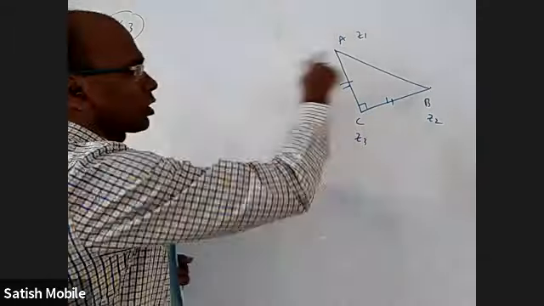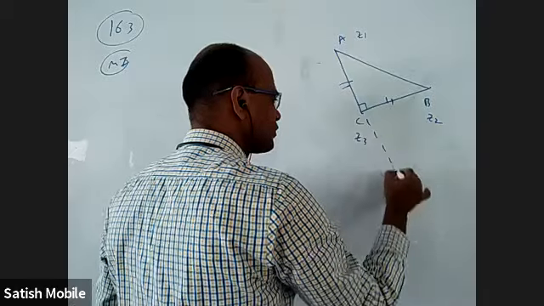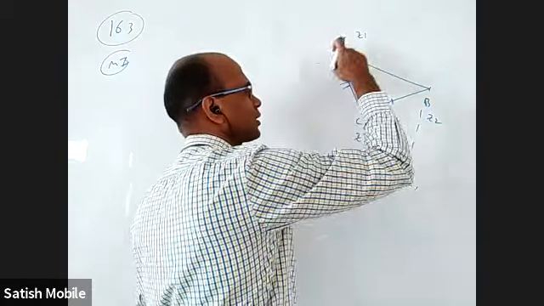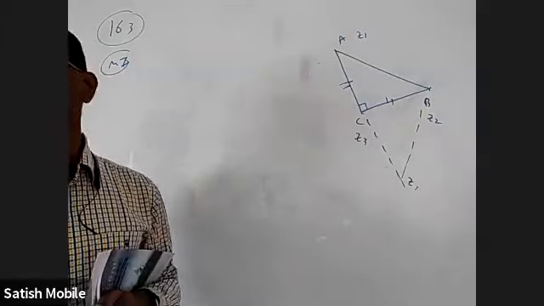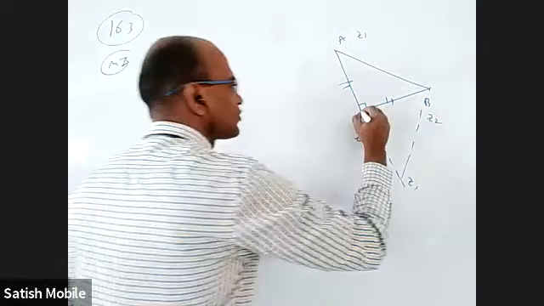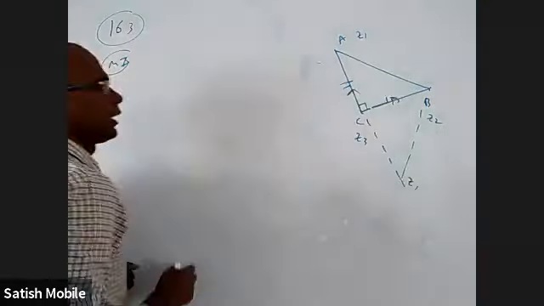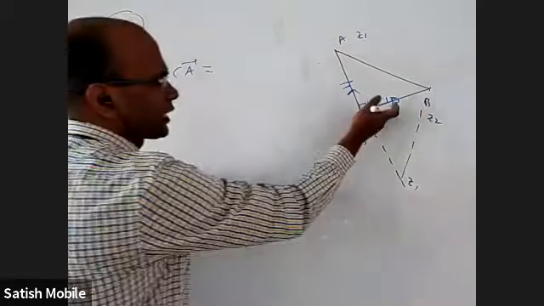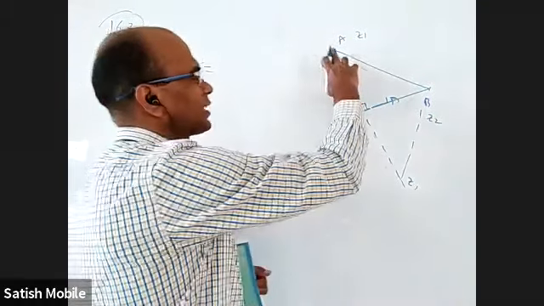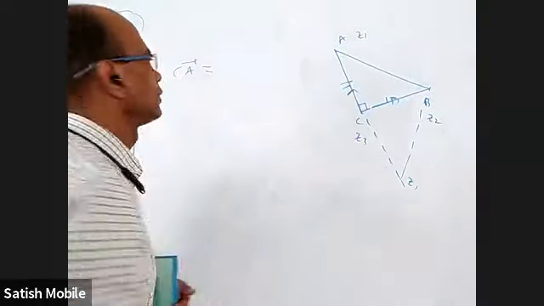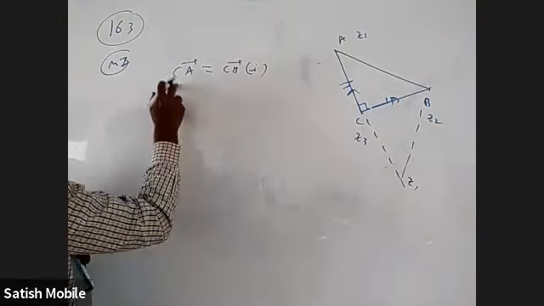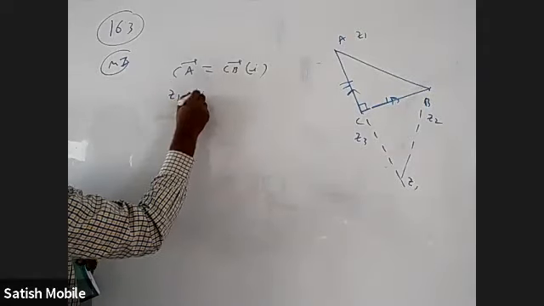And we don't even know whether they're clockwise like this, or clockwise like this. That is, for example, Z1 can be here also. Z1 can be here or here. The Z3, Z2, Z1 order can be clockwise or anti-clockwise. Our answer should take care of both, not just one order, right? Now, if I take this vector and this vector, I can say CA bar we can get from CB bar by rotating by 90 degrees with the same magnitude. If the lengths are different, I have to magnify it also. But now I can write CA bar is simply CB bar into i. Another way of writing the same thing is CA bar means OA minus OC. So Z1 minus Z3.